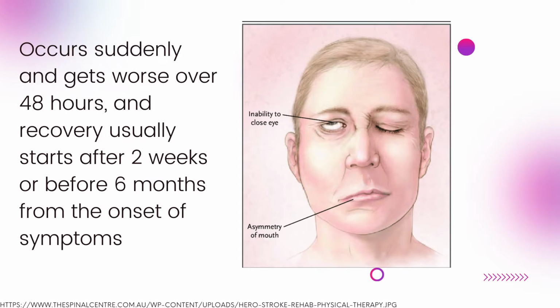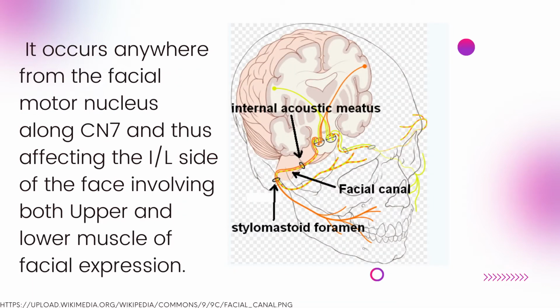It is acute because it occurs suddenly and gets worse over 48 hours, and recovery usually starts after 2 weeks or before 6 months from the onset of symptoms. It is a lower motor neuron lesion because a lesion occurs anywhere at or below the facial motor nucleus along the cranial nerve 7 and thus affecting the ipsilateral side of the face, involving both upper and lower muscles of